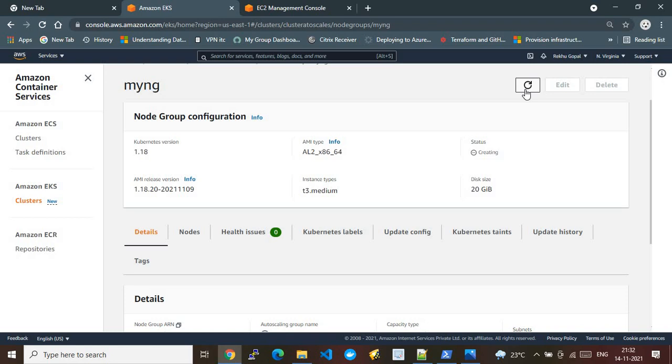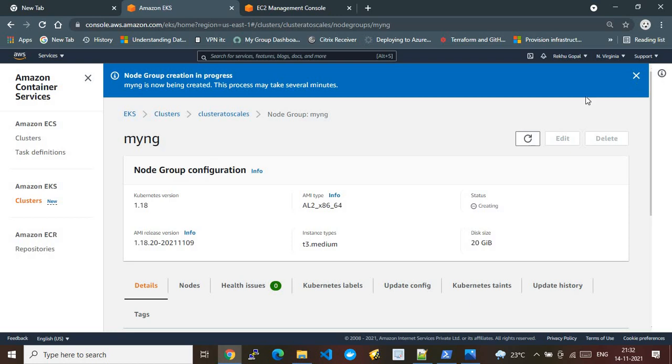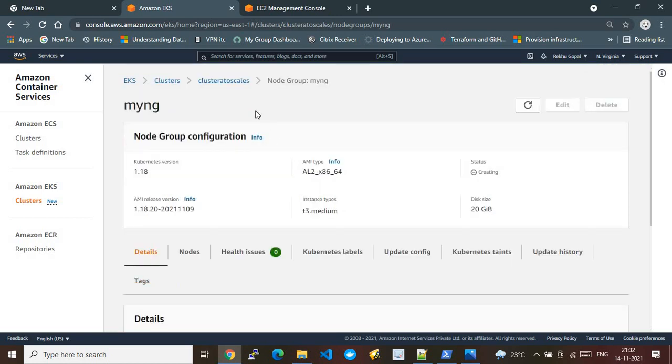So in the meantime, I will give you a brief about other advantages and other information related to node groups, autoscaling, and other concepts. Let me just brush up during this time. As I explained, why we are setting up a separate node group for this demo, a separate node group for your autoscale configuration: the main important reason is, if you want to set up your application independent of default node groups, then this is the way you have to do it. And this is the way it has to be followed even for production workloads as well.